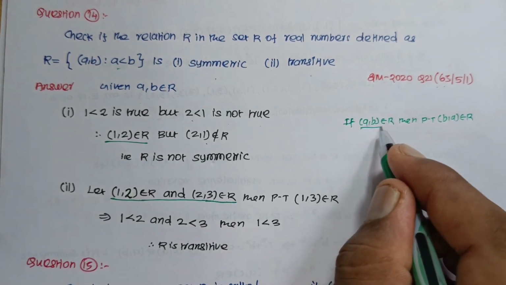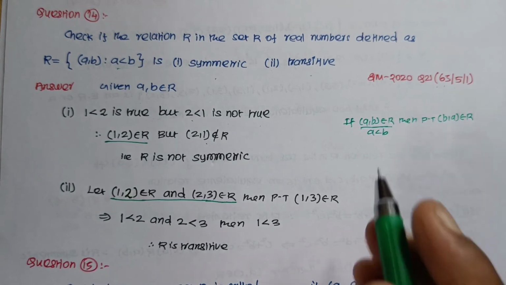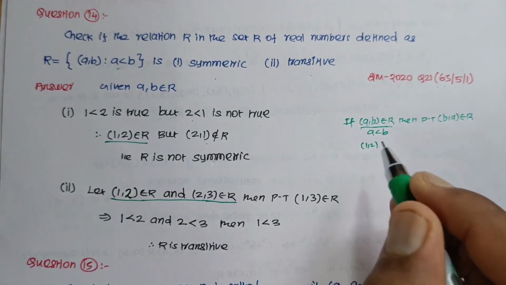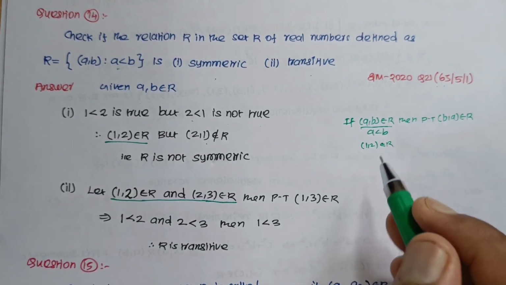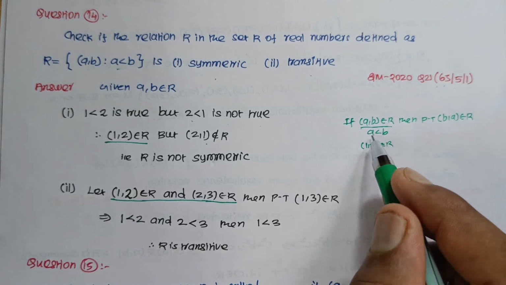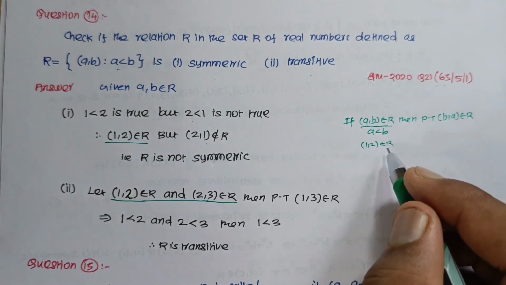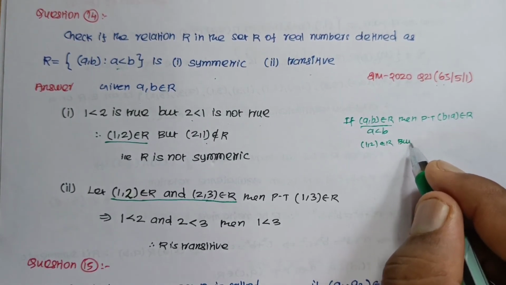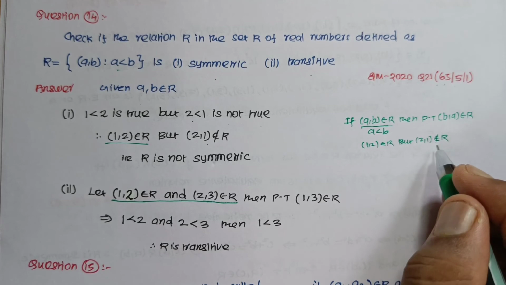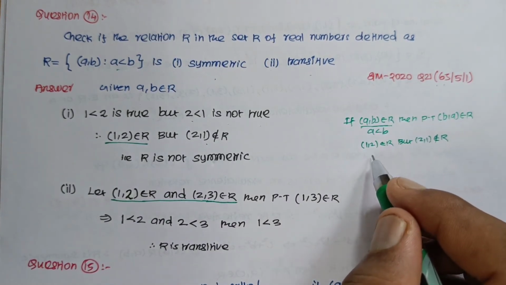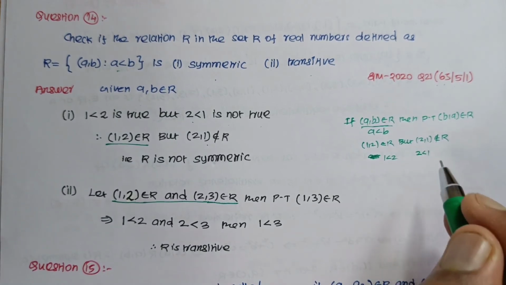So the first ordered pair we take should already be true, which should satisfy a less than b. So we take such an ordered pair. So if I take 1 comma 2 belongs to R, it satisfies the a less than b condition, right? Take a as 1, b as 2, so 1 less than 2 is true. So the first order we take is correct. Then check the reverse order, but 2 comma 1 does not belong to R because it does not satisfy a less than b. 1 less than 2 is true, but 2 less than 1 is not true, so R is not